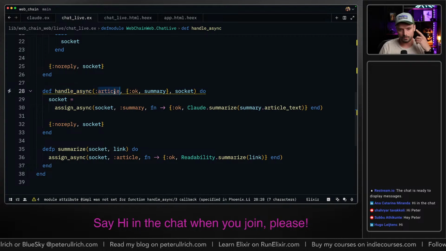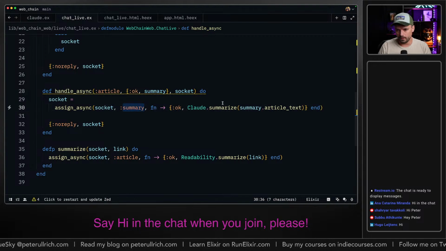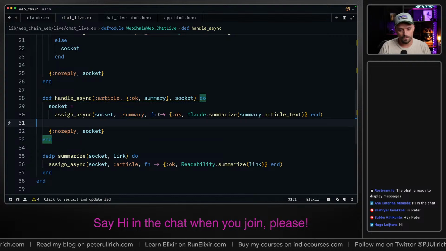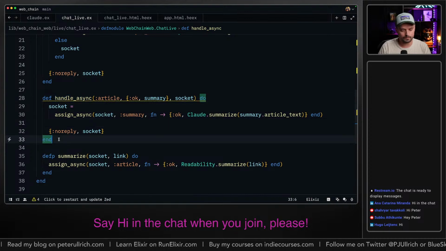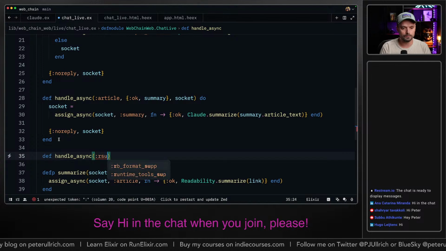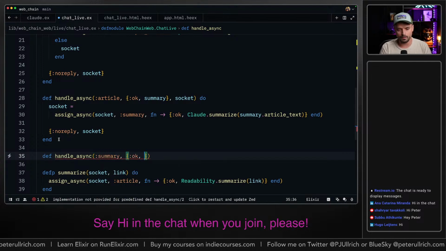So in here we know, okay, the article summary is in, and then we can run it against Claude and get the summary from them. And yeah, we need to set up another handler. Yeah, another one over here for the summary. I mean, the naming here isn't great, but just bear with me.